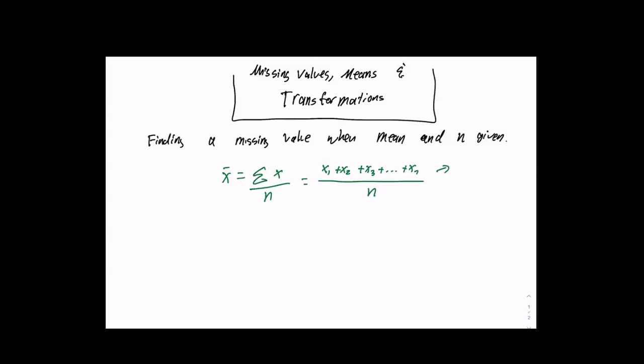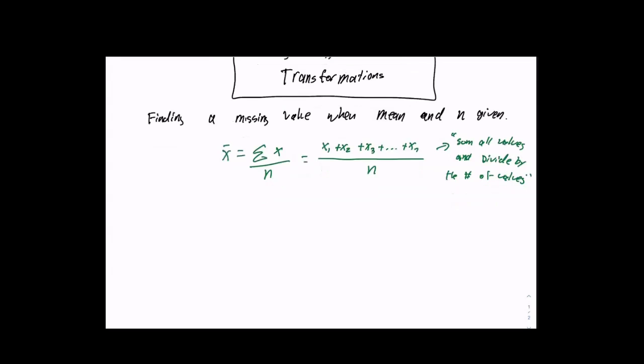Some of you just think of it as what it is. It's the sum of all values and divide by the number of values. Some of you have done it like that, but we need to look more in terms of the formula, and the formulas are given to you. All right. So in this example that we're about to do,